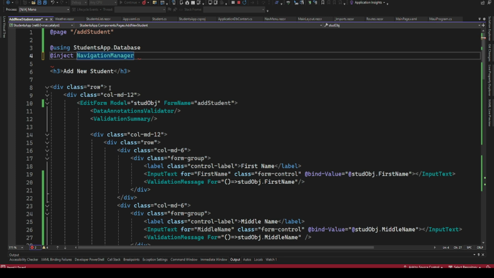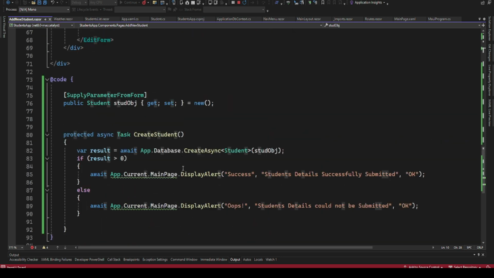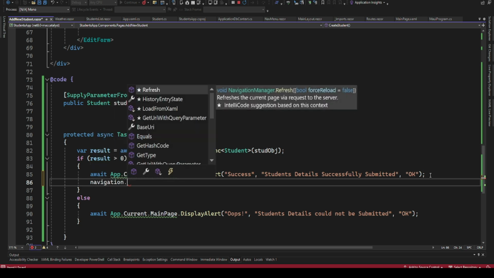Then you can say this is navigation. So if we do that, then we can now use our navigation down here. Whenever this is saved successfully, we should go back to the list. So I'll just say navigation dot navigate to,